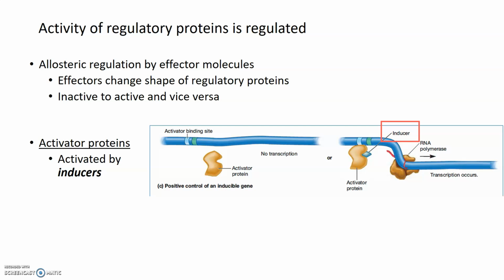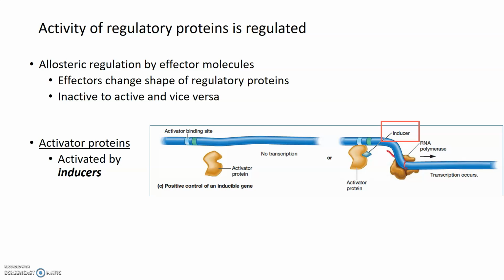Now there's also an additional level of regulation of the regulatory proteins themselves. In addition to activators and repressors being able to turn on and turn off transcription, they can in turn be turned on and off themselves, right? An activator protein and a repressor protein exist in both an inactive or off state and an active or on state. The way that they are regulated is known as allosteric regulation by different